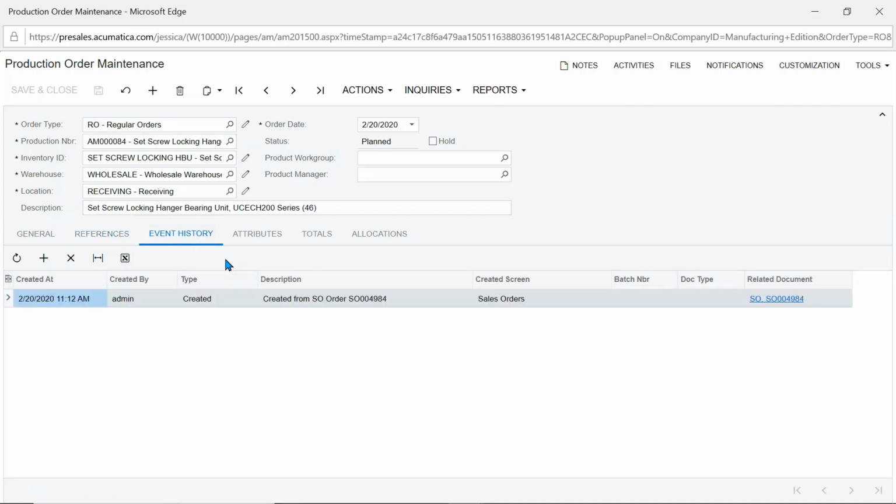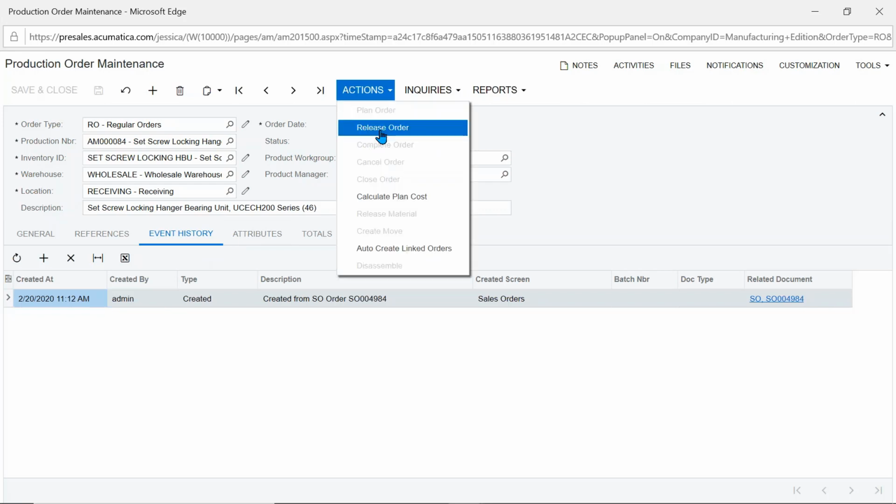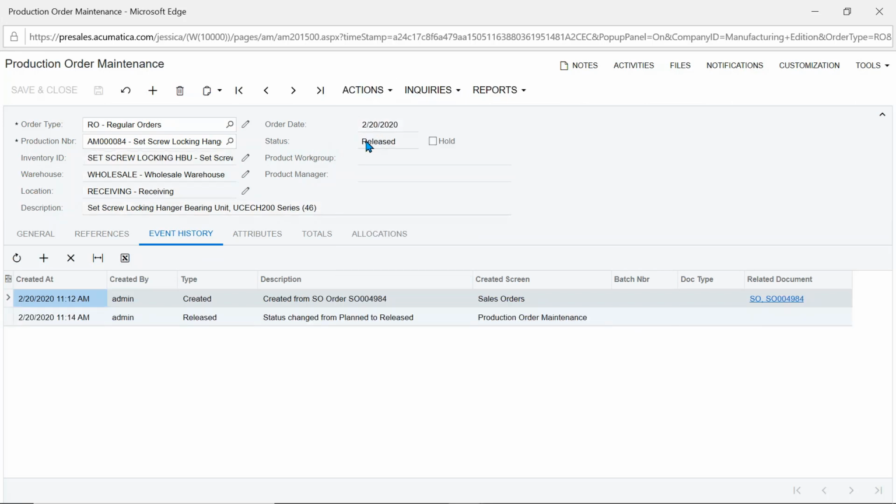You will also have, and all manufacturers that use Acumatica Manufacturing will have, an audit trail of their production. So when I look at this event history tab, it is showing me everything against this production order that has occurred up until this point in time. So all we've done so far is create it. When I actually go through the process of releasing that order to the shop floor, that's just saying we're done planning, we're ready to start building it, I see a new line item appears that constantly keeps track of that audit trail for us. Really nice for production managers to be able to go back here and see, Jimmy overissued